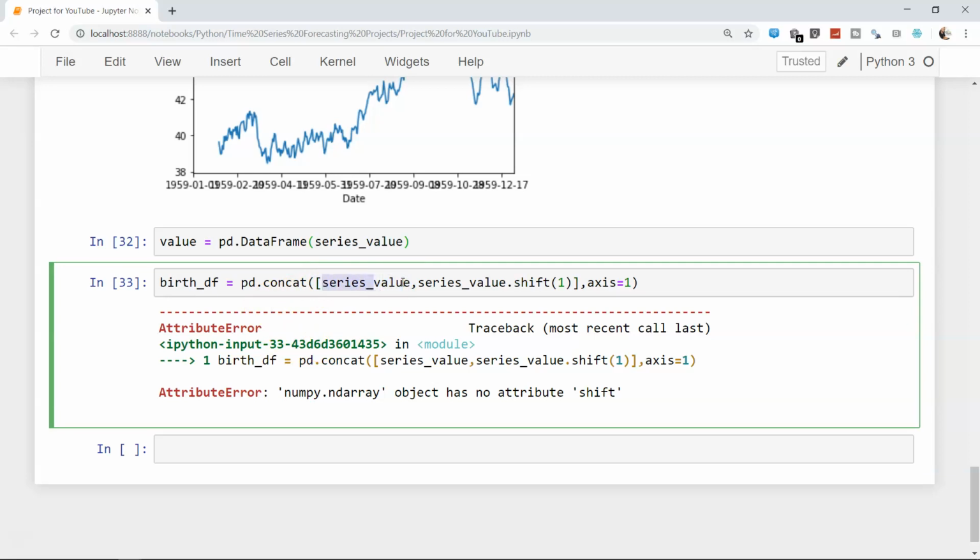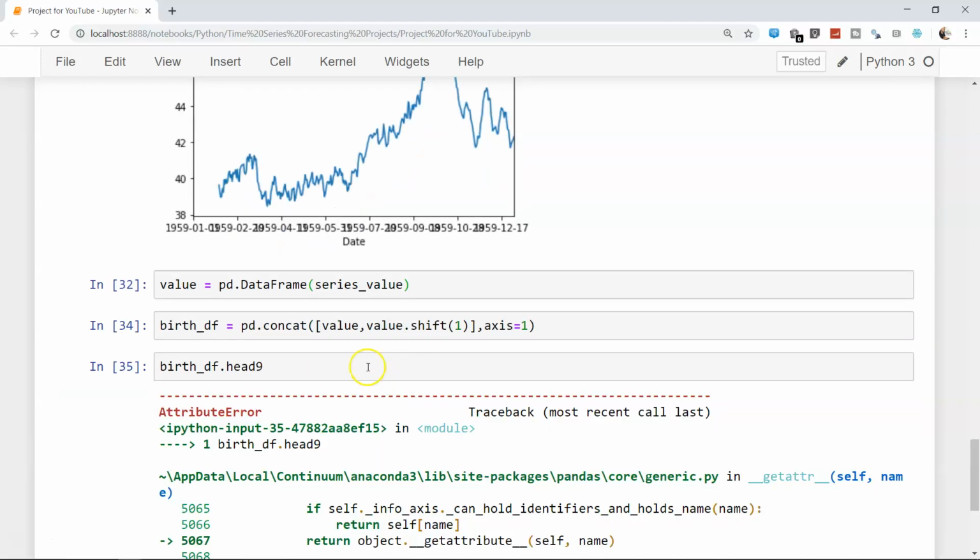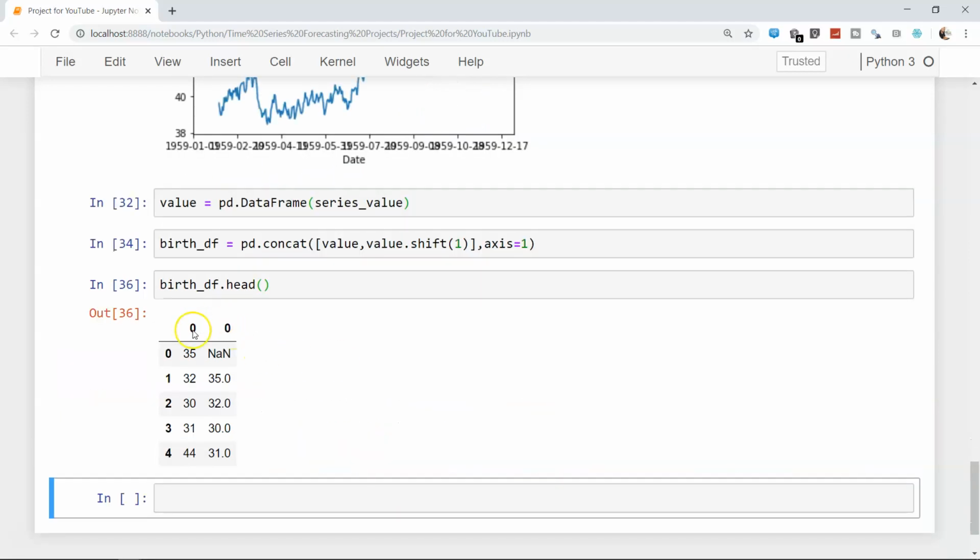I will remove this value, and now everything is fine. So birth_df.head, we have to give the headers to it, right? So birth_df.columns, and within the columns, so equals to basically, t plus 1 or whatever,